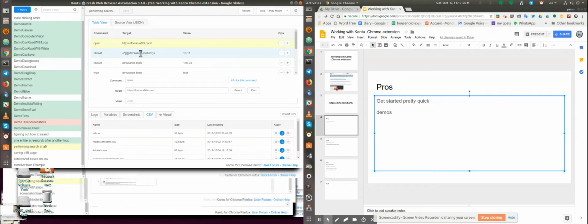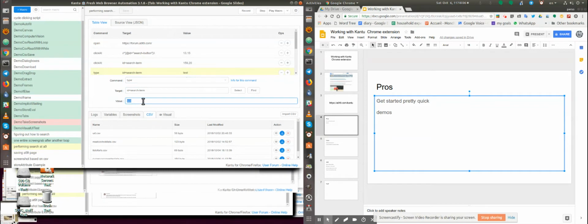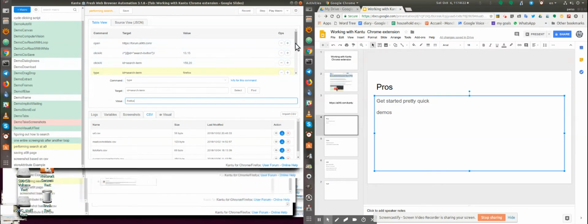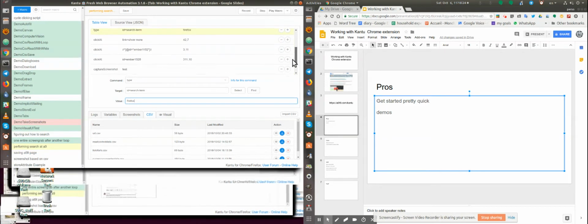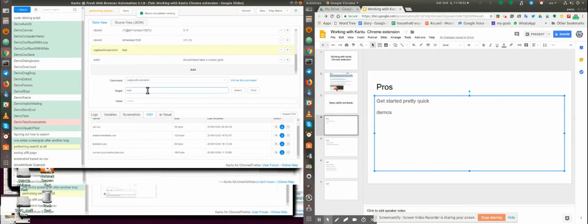It's going to click on the search button. It's going to then perform a search, and the search term is test. In fact, we'll change this value and search for Firefox. I'm on Chrome for what it matters, but we'll search for Firefox. And that is about the extent of it. All of this is done, and then at the end, it will create a screenshot called,